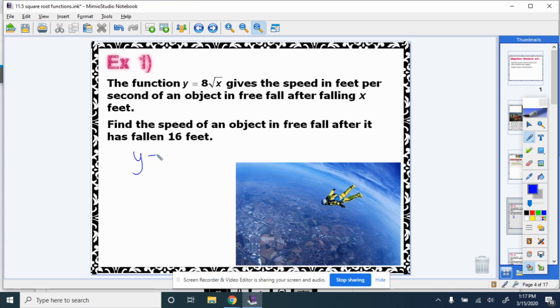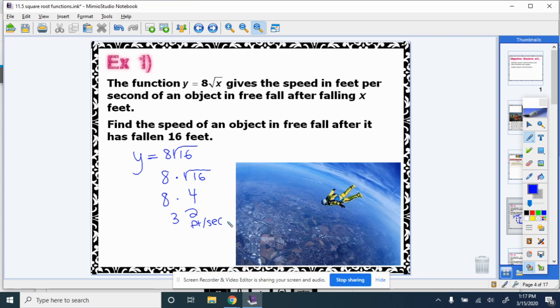We're simply going to substitute the 16 for the x. Now you don't even need your calculator for this one. This represents 8 times the square root of 16. I know the square root of 16 is 4, and I know that 8 times 4 is 32. So 32 feet per second